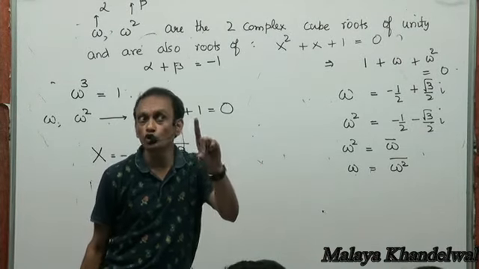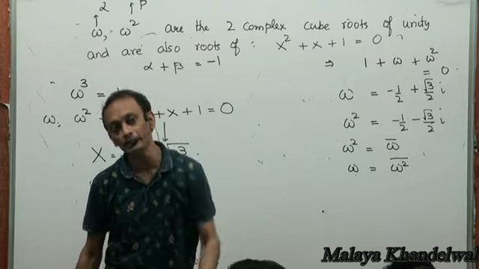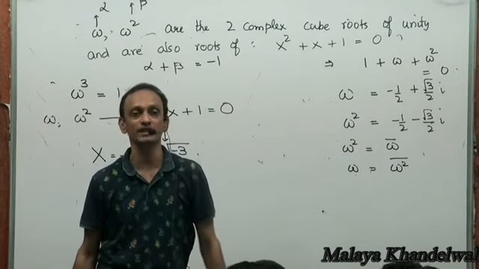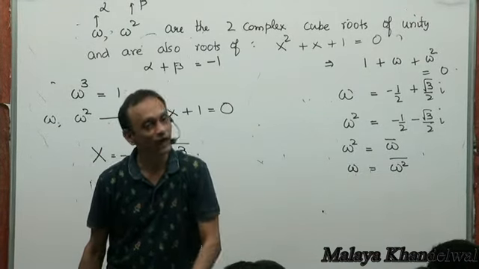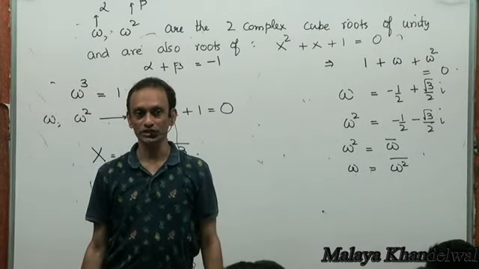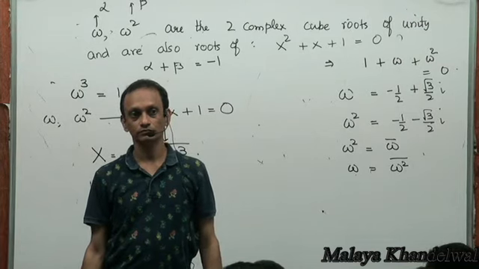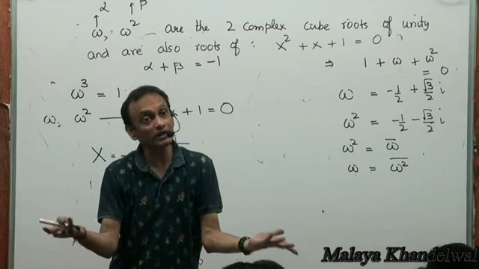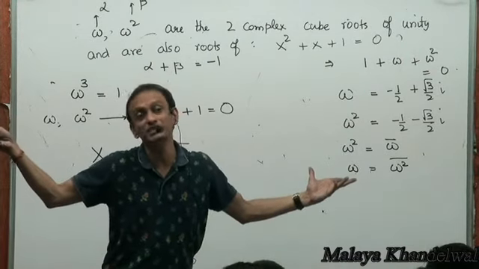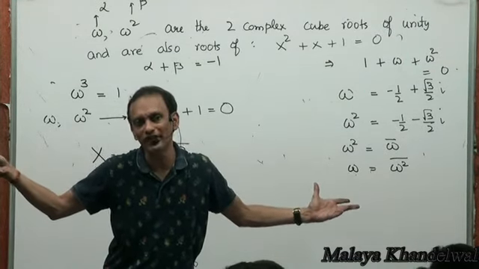If the cubes of two real numbers are the same, then those two real numbers must be the same. But if the cubes of two complex numbers are the same, they are not necessarily the same. One of the possible trivial values is alpha equal to beta. That's a trivial value, right? That's one of the values.